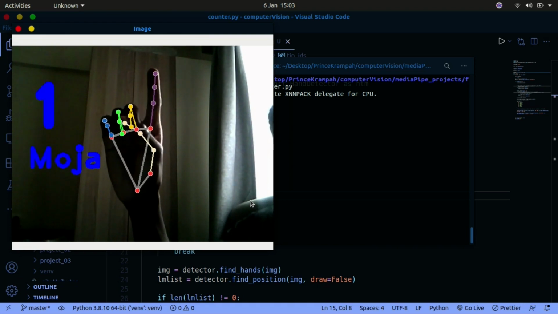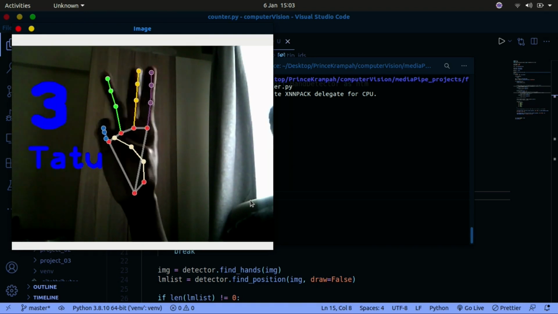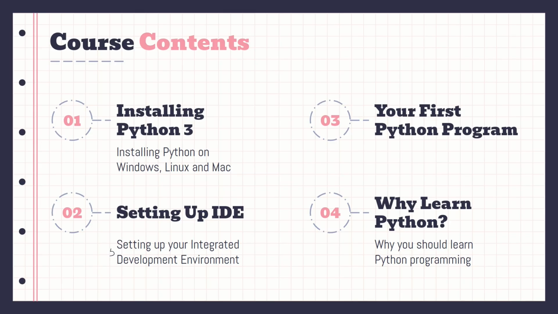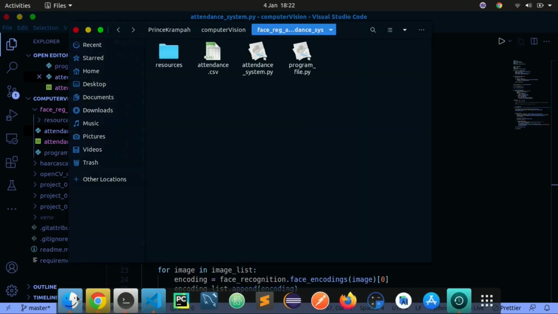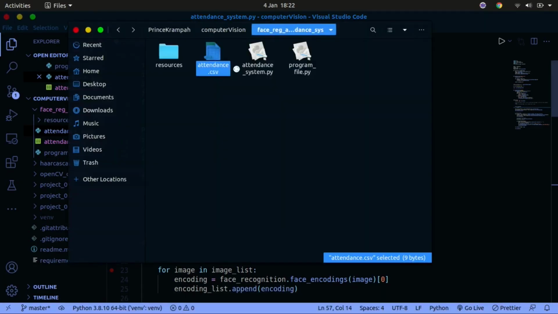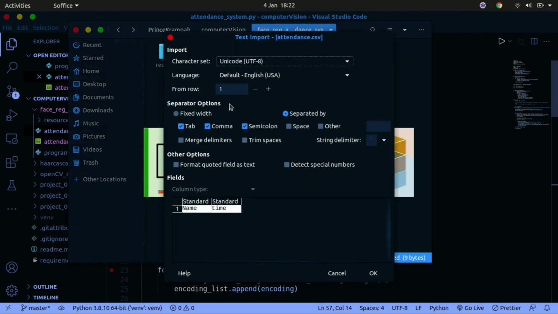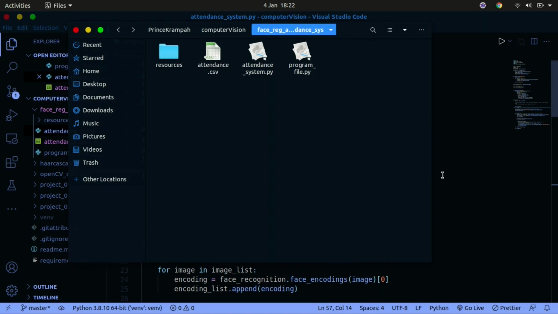Then we'll go on to learn how to set up an IDE. An IDE just stands for integrated development environment, and it is what we set up in programming to enable us to code, like the different editors. For example, if you want to prepare a document, you'll be using something like Google Docs or Microsoft Word. For coding, we have our own editor that we use to write code. We'll be learning how to set all that up and integrate it with the Python that you're going to install.